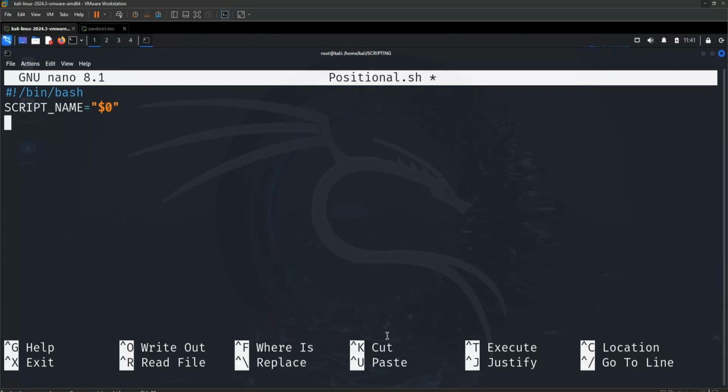It will print the name of the script which you are executing. Next thing, I'm writing echo, this is the first argument,